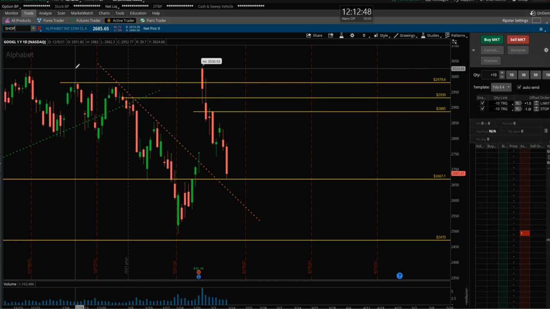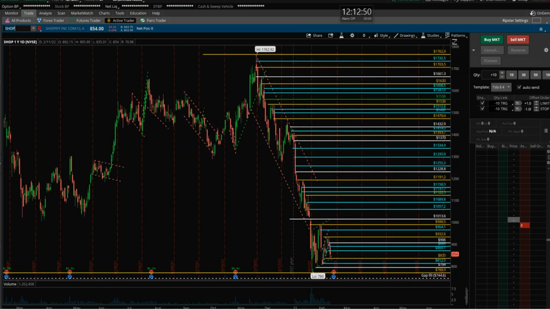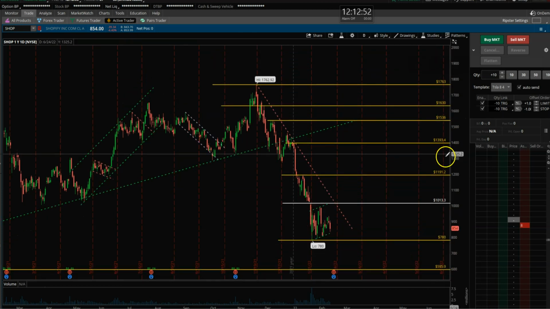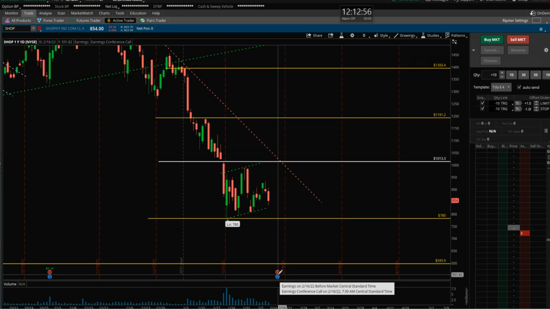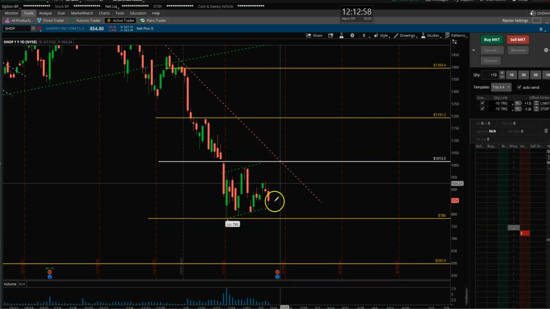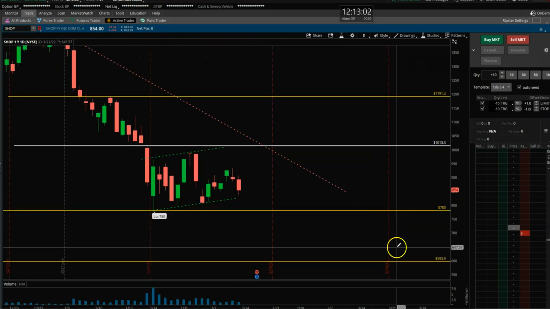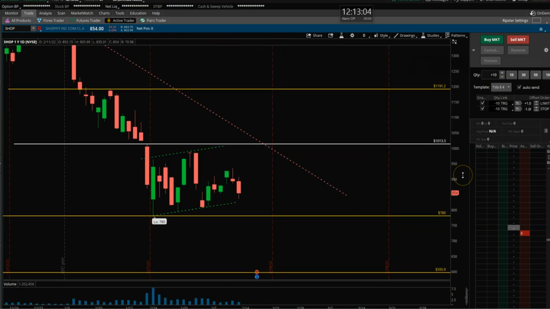Let's look at Shop. Let me flip the view. Still bearish, flaggish. Earnings are coming up in the middle of next week. That can definitely change things. Options will be pricey, so maybe not a good week to trade the options on this one. Maybe short the stock if you can, if the price warrants that. Once we get into the daily moves, we'll see what happens. But that's the sort of action that we can look for.